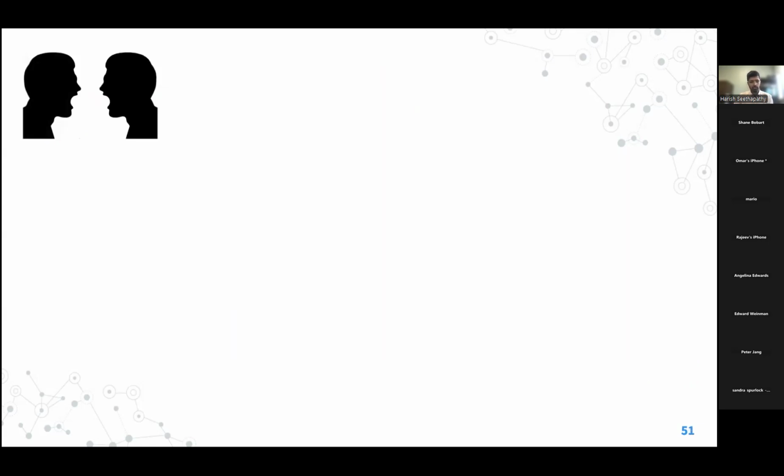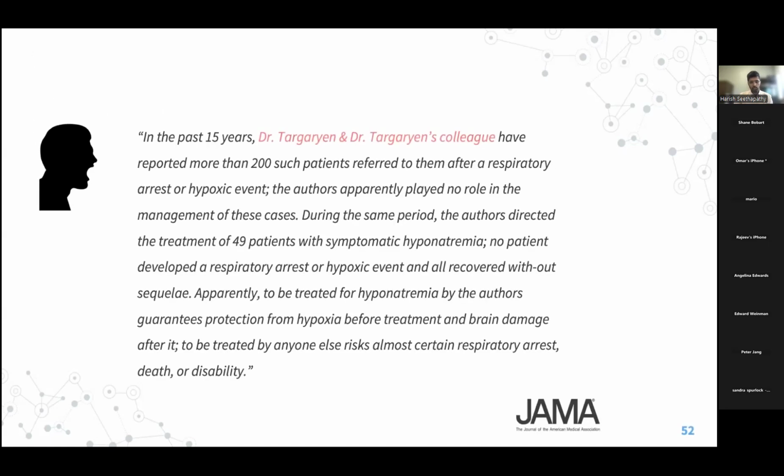And there's a lot of words. So I'm not going to paraphrase at all. I'm just going to read exactly what the authors wrote to each other. This was a letter to the editor by House of Stark.